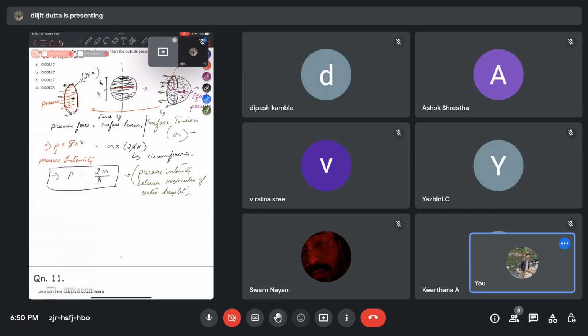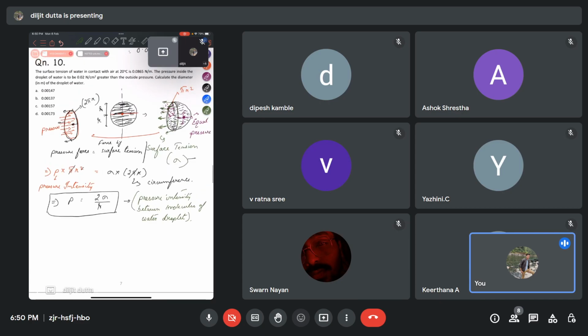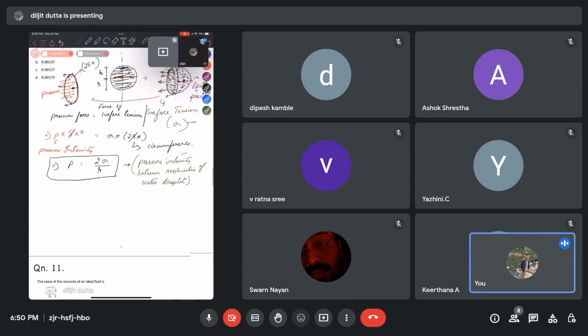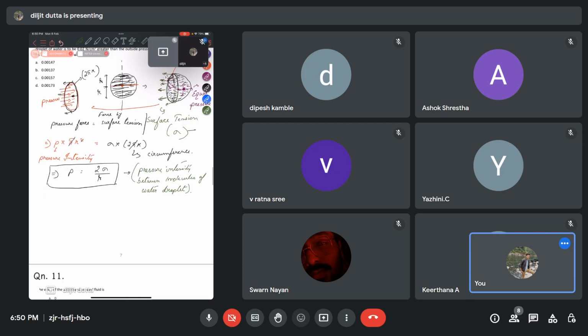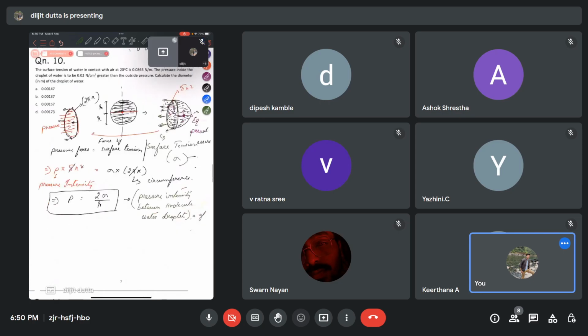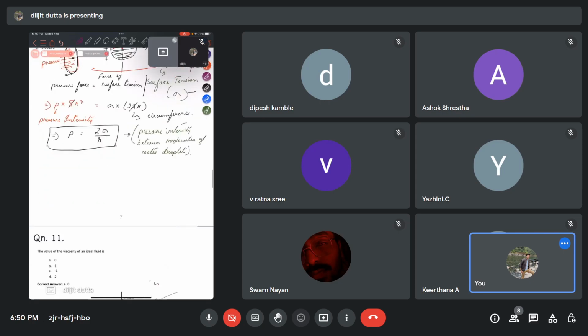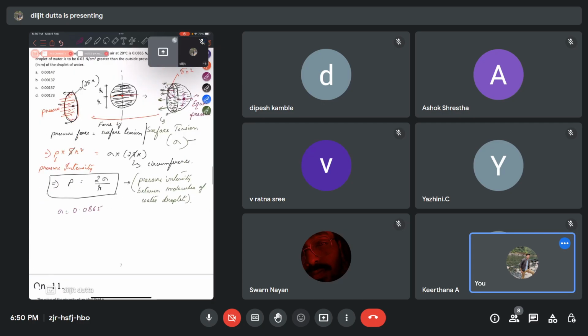So this is how the pressure intensity is dependent on surface tension. Now let's go to the question. What is given in the question? In the question it is given that the surface tension sigma is 0.0865 Newton per meter,